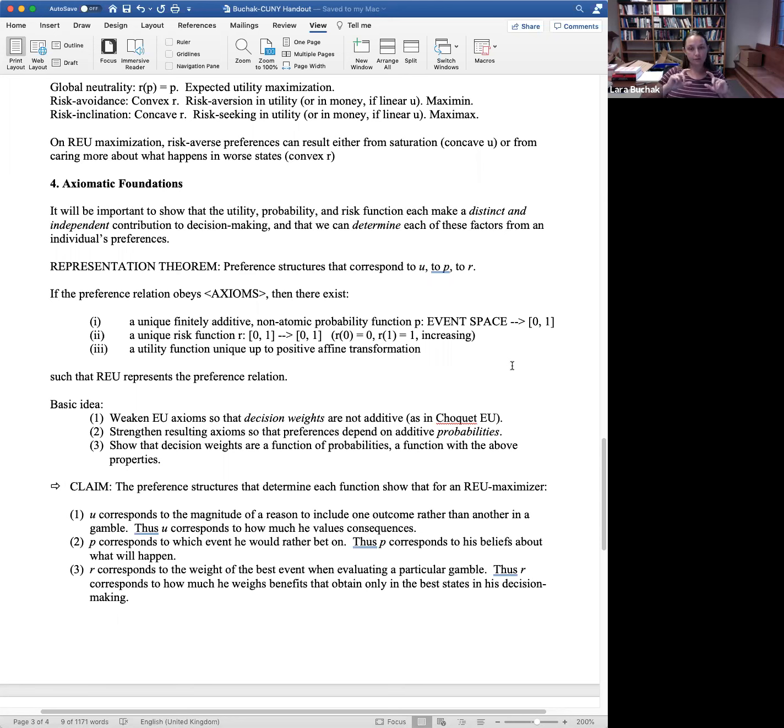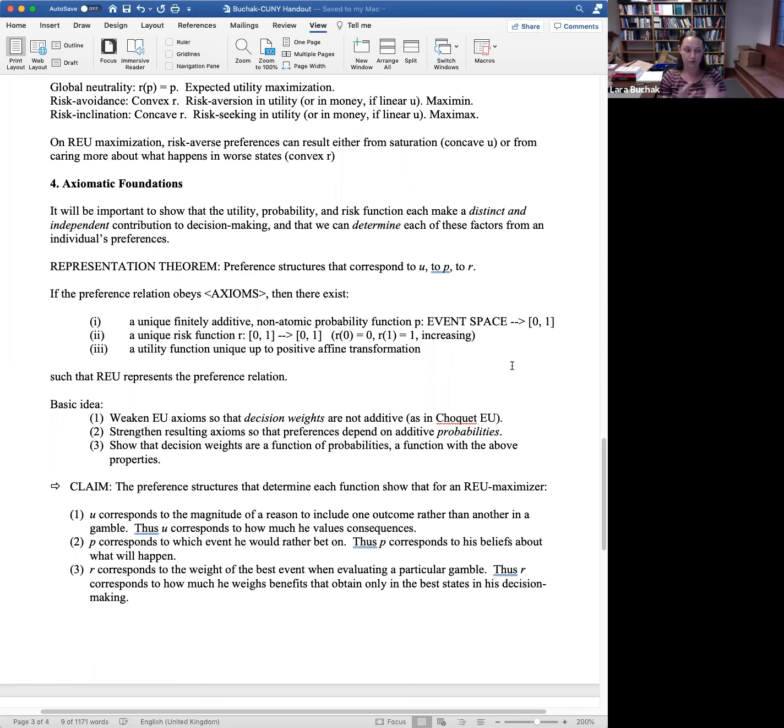The axioms of expected utility maximization turn out to be so strong that not only do they fix your probabilities, they fix your decision weights as equivalent to your probabilities. So by logic alone, the weight that you put on each state is going to be equal to its probability. But even if you think expected utility maximization is the right thing to do, these two things are conceptually different. So we should at least have a way to say in our axioms what each of these things is.